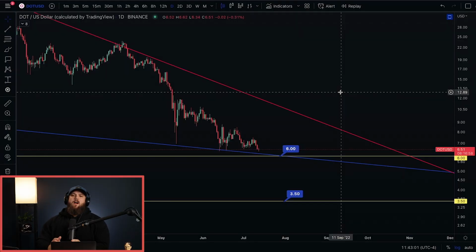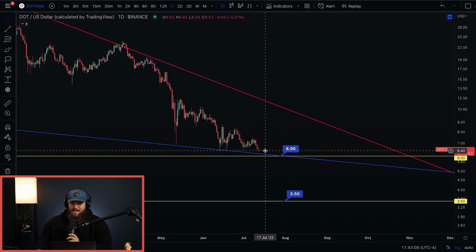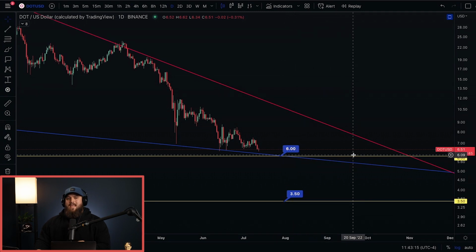So for a couple of weeks now, we have been talking about the Polkadot price getting down to $6, and it has yet to completely get down that far. The lowest we've actually gotten is closer to about $6.40. So while we haven't quite hit that $6 target just yet, the prediction on the table is could we come